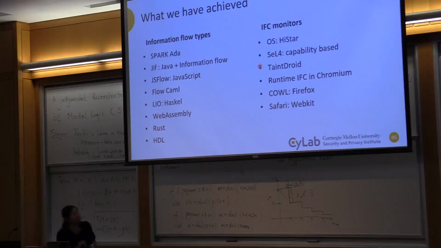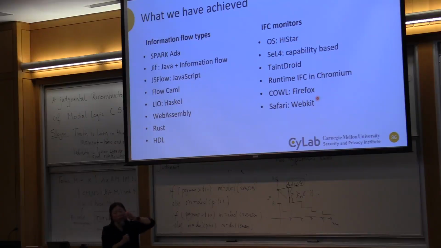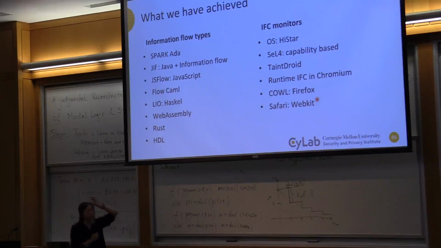Monitors, the same thing. We build big systems. So in terms of OS, there are things like HiStar, Flume, there's other work. seL4 actually has a difference. I think Yale, Zhong Shao's group also has some different proofs on their system. People have implemented, so this is more of finding secrecy leaks on the Android OS. We have done work to instrument Chromium to ensure web applications are secure. And UCSD, Deian Stefan has COWL, which is Firefox, our concurrent work. And Safari, at the same time, we have Chrome, Firefox, WebKit.